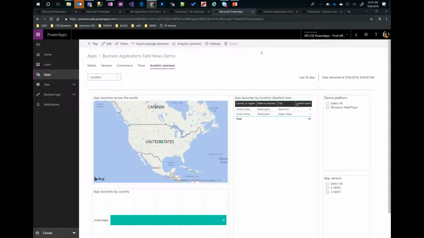Lastly, on the telemetry itself, usage was one of the telemetry. Another one is location. For my specific application, I can see where the traffic is coming from. If I have more users accessing the application in Europe versus traffic coming from Redmond, I can see all of those details and the breakdown through the out-of-the-box telemetry. Don't be surprised by these numbers. As I said, this is my demo application, so that's why you don't have a lot of usage.